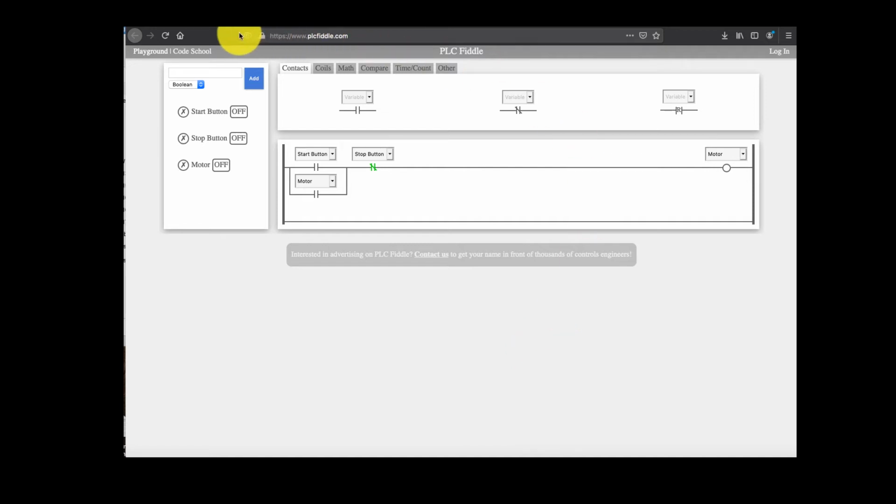All right, this is what you will see when you open up the PLCfiddle.com website. This is very basic for ladder logic programming in comparison to some other programs for ladder logic programming. Maybe a bit clunky, but it works, and it works well for online programming. So up here at the top you have several tabs, and these are items that you can place